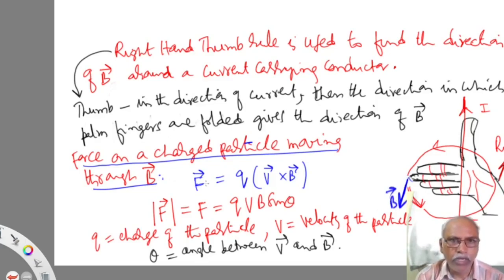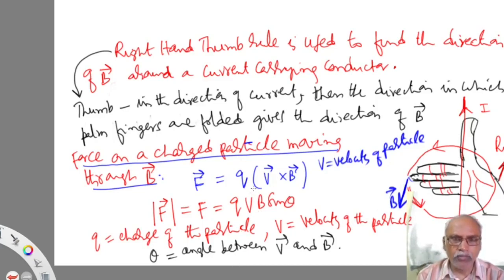And what is the force on a current carrying conductor? Force on a charged particle moving through a magnetic field: force F is equal to Q into V bar cross B bar, where V is the velocity of the charged particle. Q is the charge of the particle, and theta is the angle between the velocity of the particle and the magnetic field. So F is equal to Q V B sin theta, and in vector form F bar